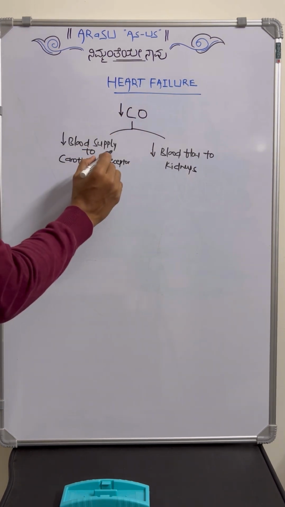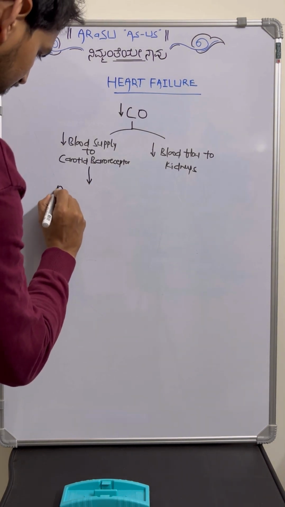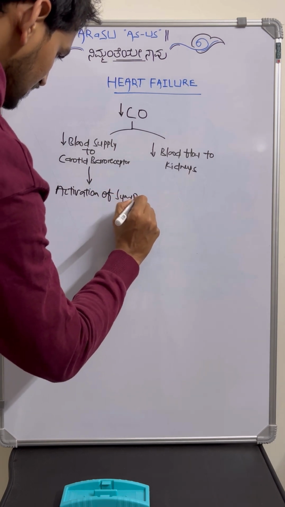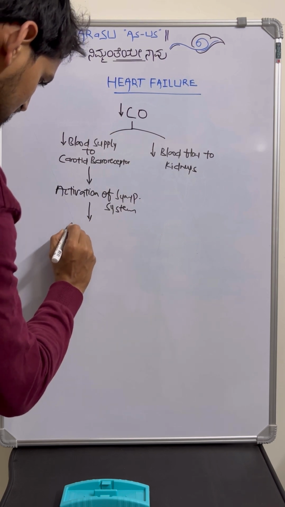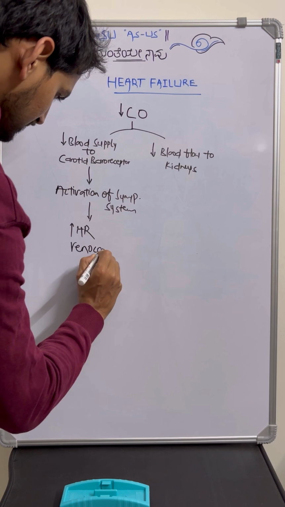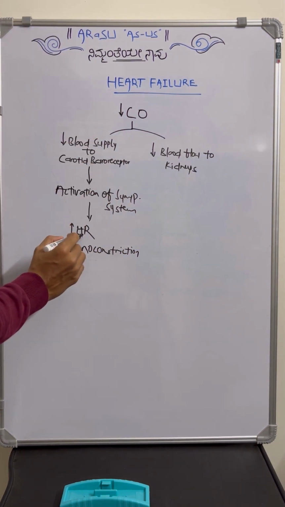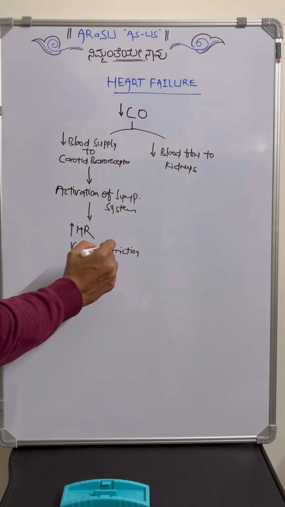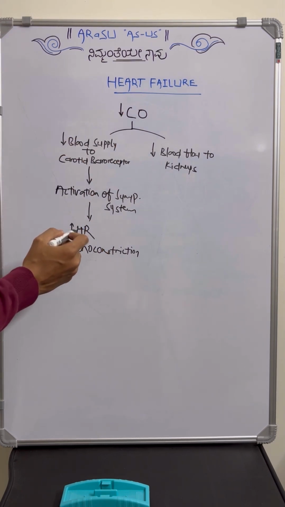Now when there is decreased blood supply to the carotid baroreceptors, it will lead to what? Activation of the sympathetic system. So then what happens? It will lead to increased heart rate and mainly vasoconstriction. So increased heart rate and vasoconstriction will lead to increased venous return to the heart. So overall, it is trying to increase the cardiac output through increasing heart rate and increasing the stroke